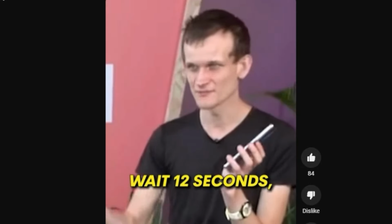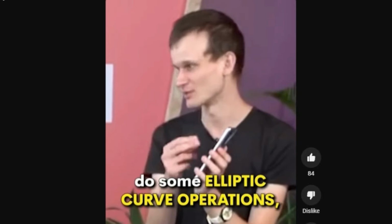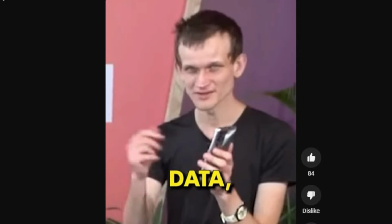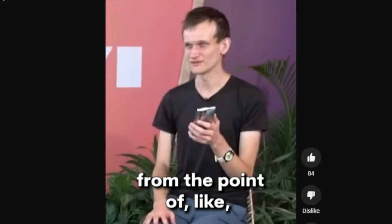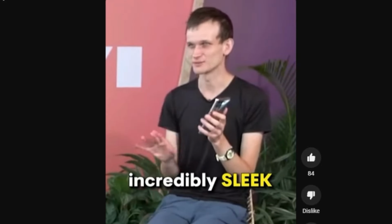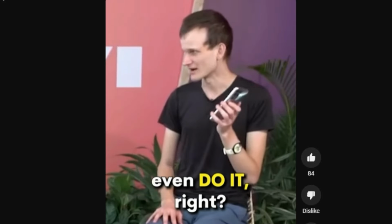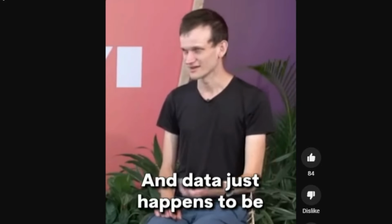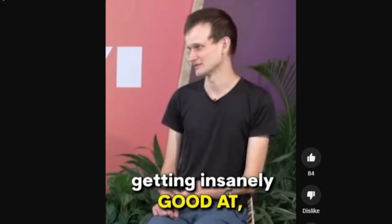Wait 12 seconds, get 3.6 megabytes of data, hash it, do some elliptic curve operations, verify the SNARK, and valid. 12 seconds later, data, hash, elliptic curve check, valid, right? So the whole process just becomes incredibly sleek and seamless, to the point where literally a phone could even do it, right? Because it's incredibly light on computation. The only thing that it's heavy on is data, and data just happens to be the thing that phones are increasingly getting insanely good at and will get even better at over the next